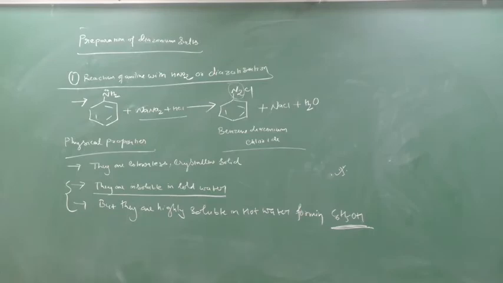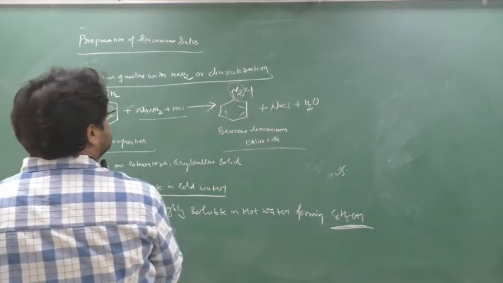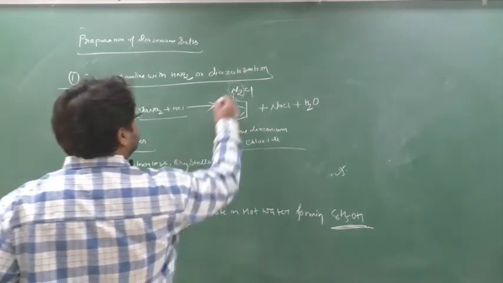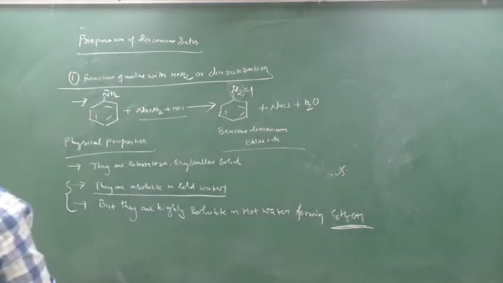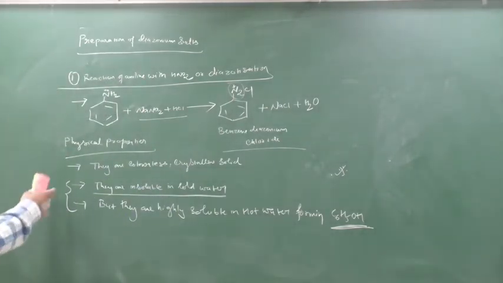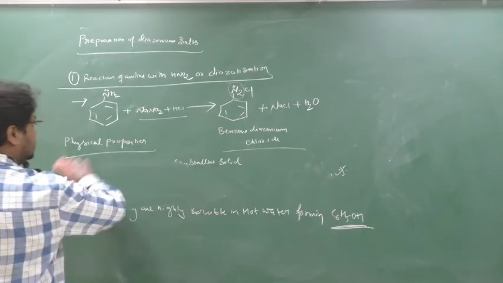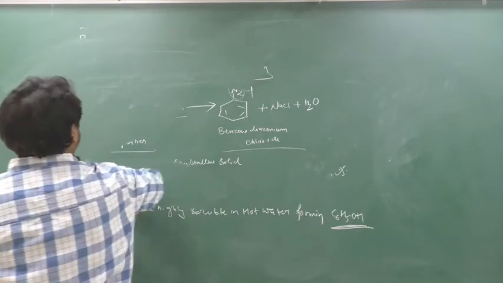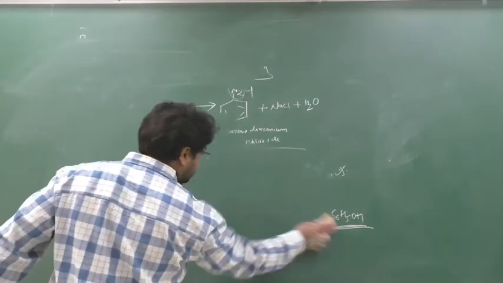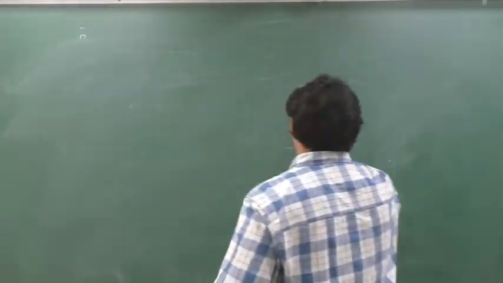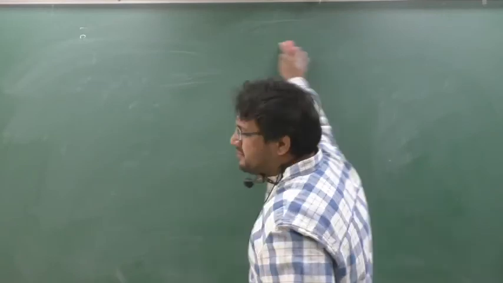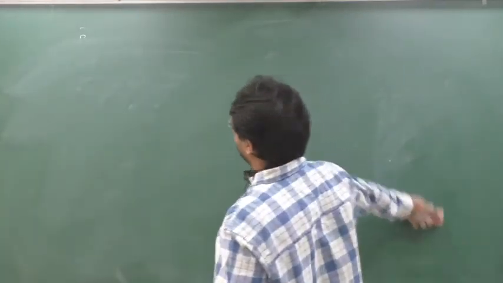This group is also known as what? Diazo group, diazonium, N2 plus. Done this? Please remember, you can read from the textbook also. Everything will not be done on the board. Something you have to read from the textbook also. So done? So write down. Next we are going to see the chemical properties. It's very important but very easy. So not an issue.